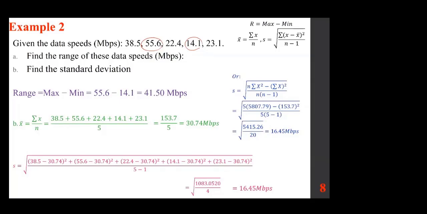So I'm going to write down the summation of x squared. Summation of x squared means 38.5 squared plus 55.6 squared all the way to the last one. That is the summation of x squared. However, summation of x quantity squared means add them up, 38.5, 55.6, all the way to the last entry,